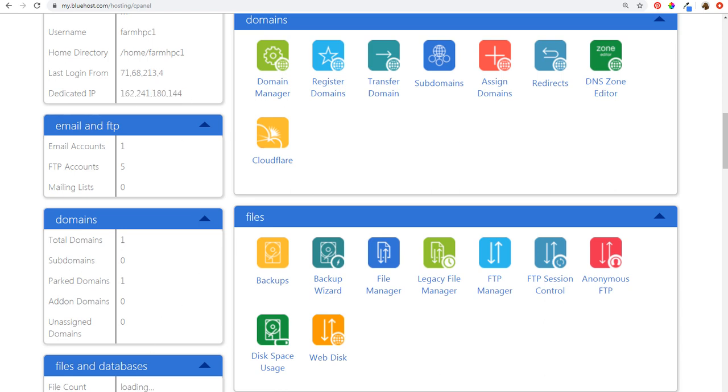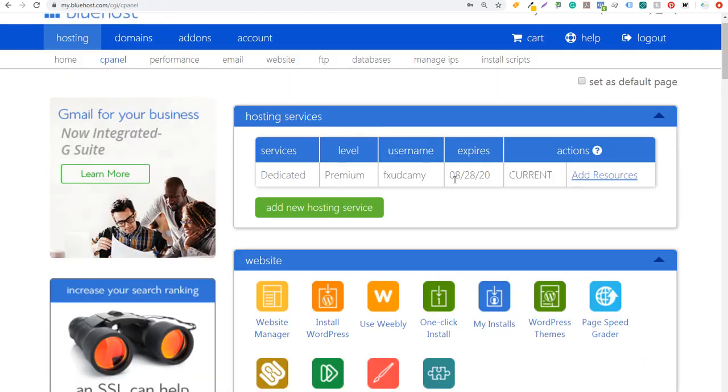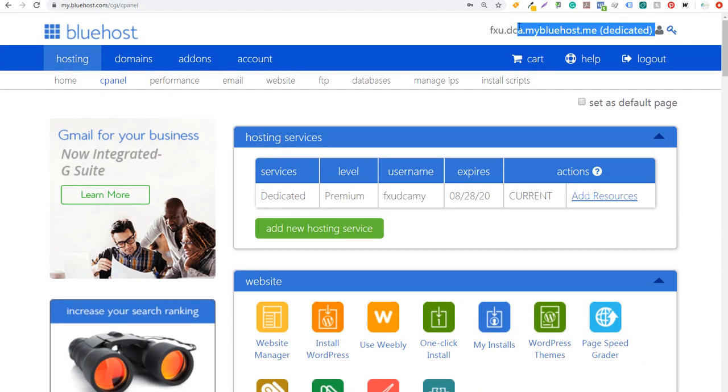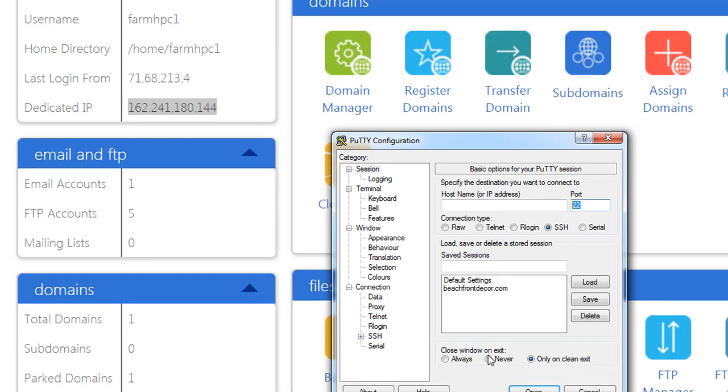Now the other thing you can do is if we just come over to our other hosting account, so our dedicated hosting account, you can also sign in just using the main URL on your account. So those are a couple different options that you can use to sign in. What I'm going to be doing is using this dedicated IP right here. So we're going to take this IP address right here. We're going to copy it. We're going to come over and we're just going to enter it right here. So you're just going to enter this IP address right there, port 22 SSH, and we're going to click on